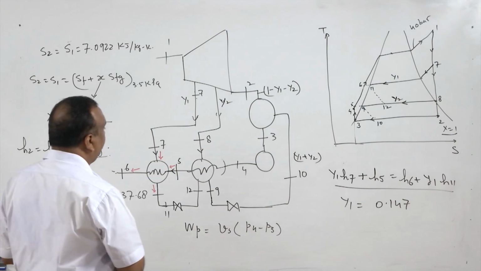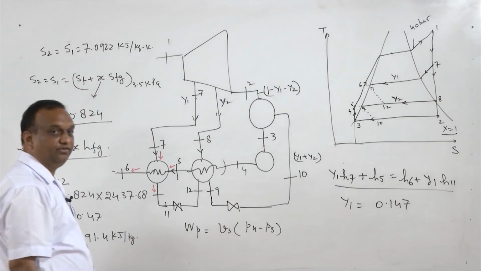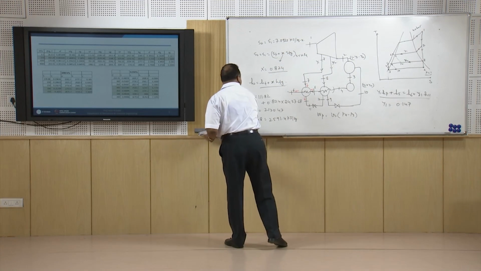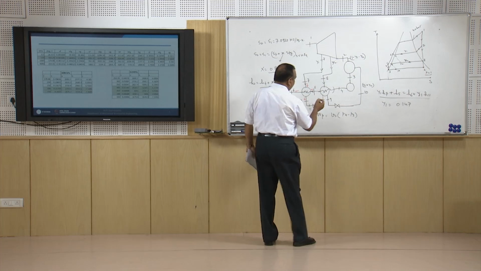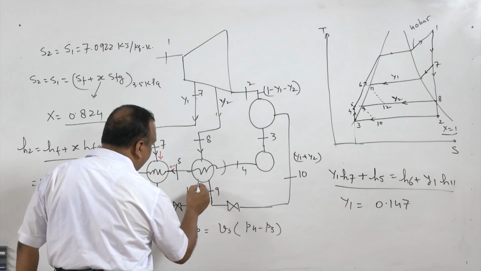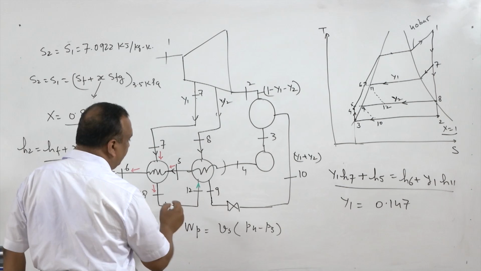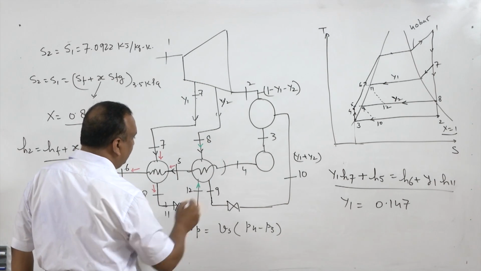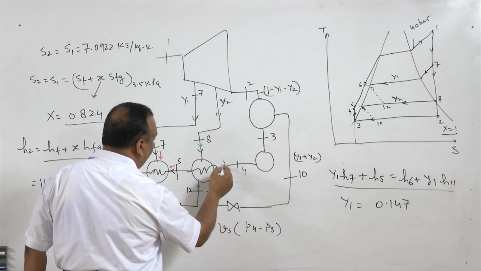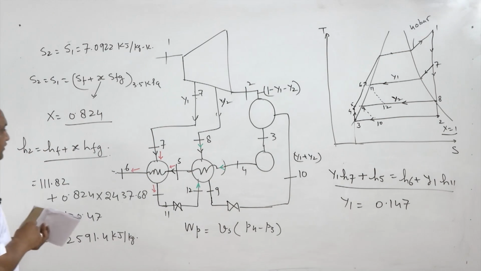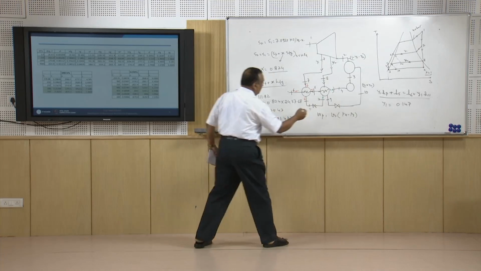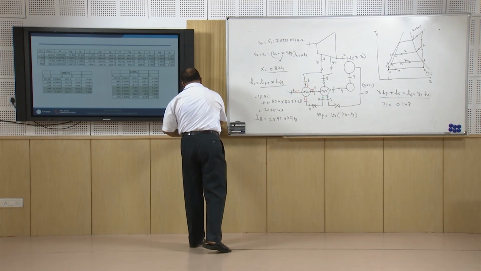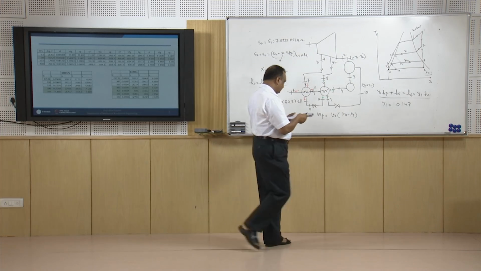0.147. Now energy balance for this heater, another heater which is at low pressure. Now in this heater, again the energy is coming, or enthalpy of incoming fluid from state 12, enthalpy of incoming fluid from state 8, enthalpy of incoming fluid from state 4, and enthalpy of outgoing fluid. So they have to be balanced, and the final equation is going to be